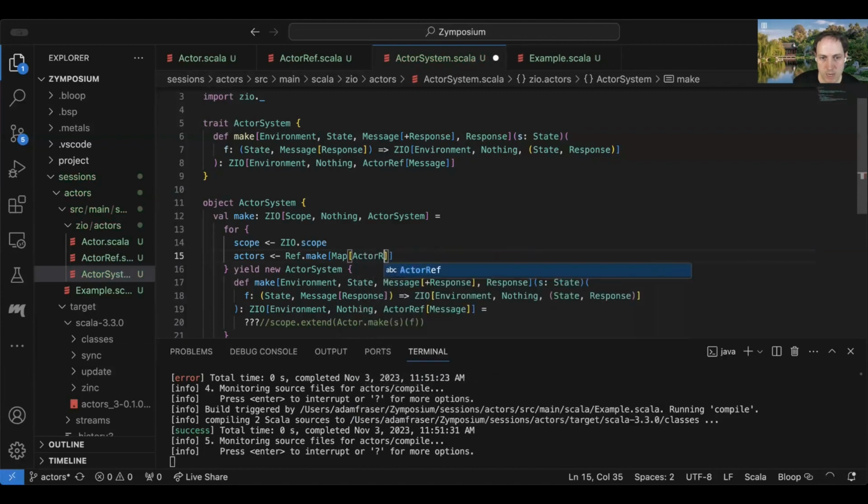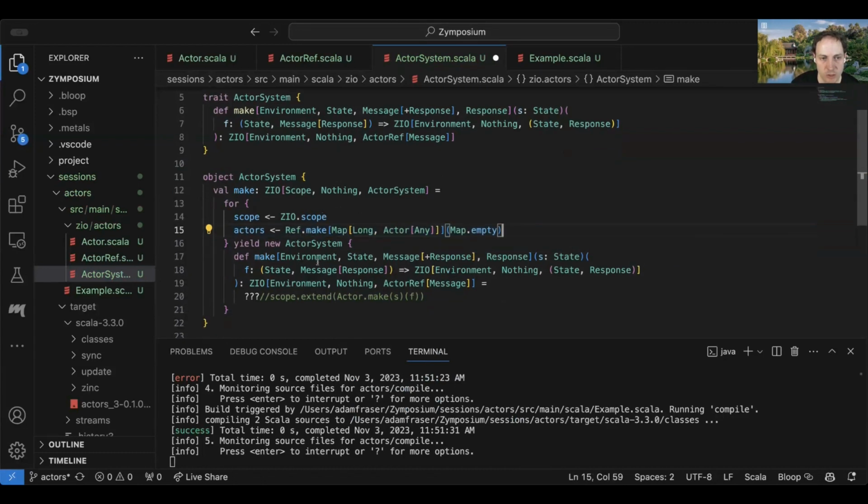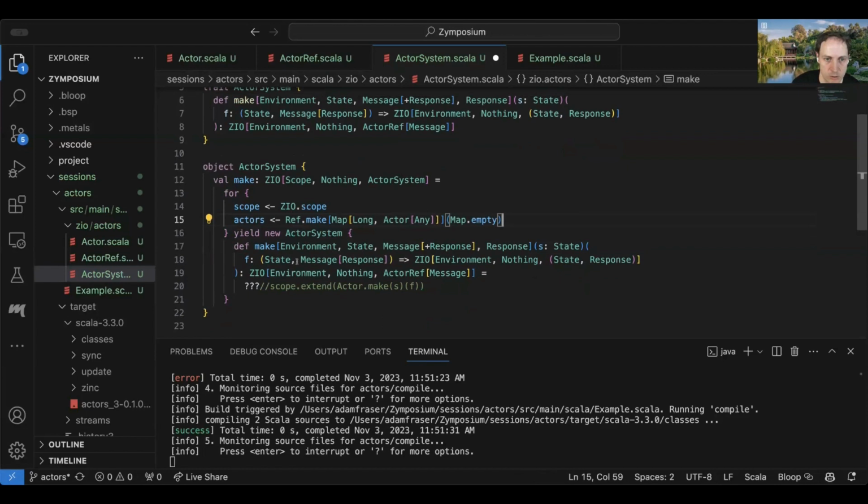And maybe this is a map from actor refs, but maybe we can actually make this even simpler. We can hide some of this internally. I think maybe we can just make this a map from longs to actors. Now, this definitely won't scale to when we have a distributed version, but we'll hide all of that logic inside this implementation of the actor system. So we'll be able to change that as we evolve without changing the API here.